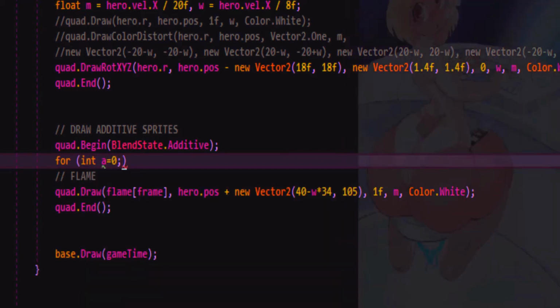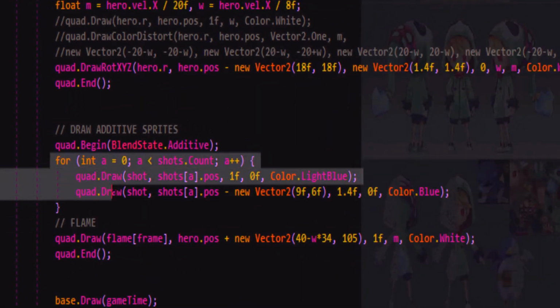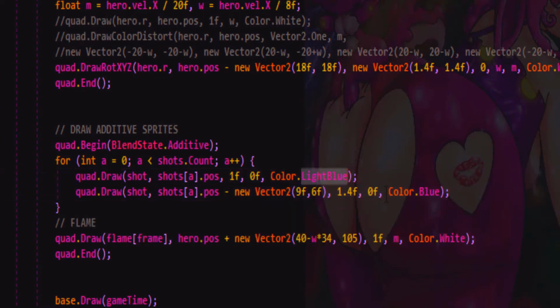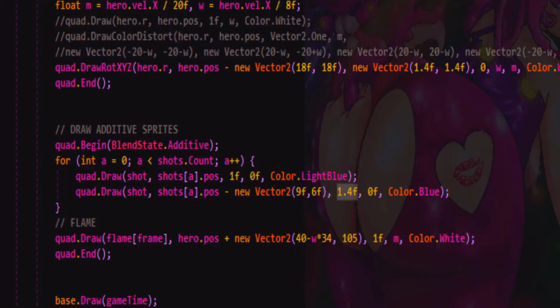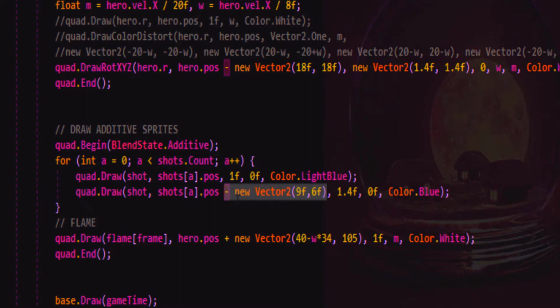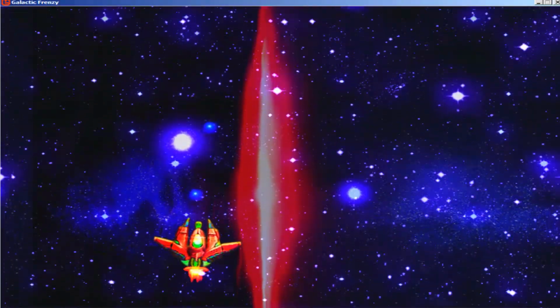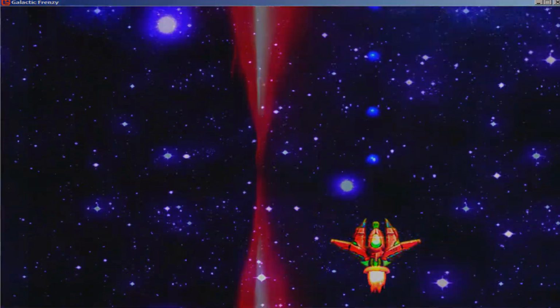Okay, just pause it for a second. All right, I just added this section of code and I played with these values a little bit. I'm scaling a second one over top, making one a light blue, one more of a blue. This one's scaled to 1.4 in size, and because of that I have to offset a little bit to make sure that it's centered still. But this is effectively what we get now, where we can hit the spacebar and make shots come out. Now, it doesn't look like it's quite centered still, so I'll have to fix that.